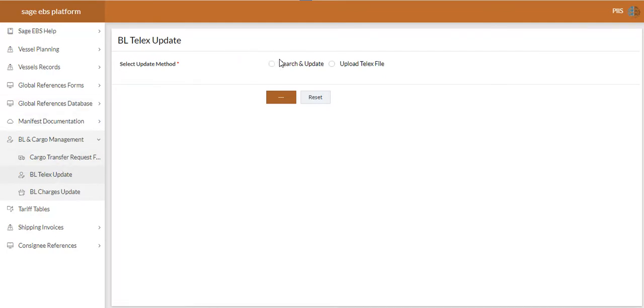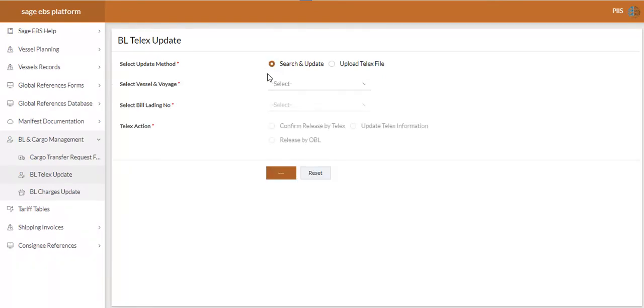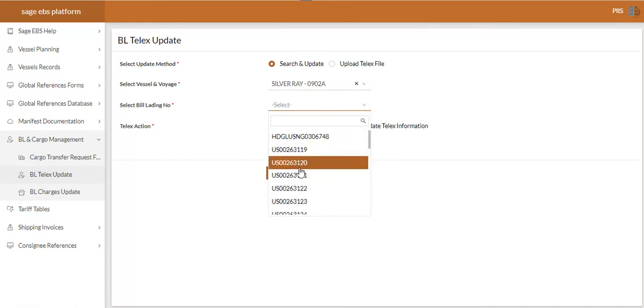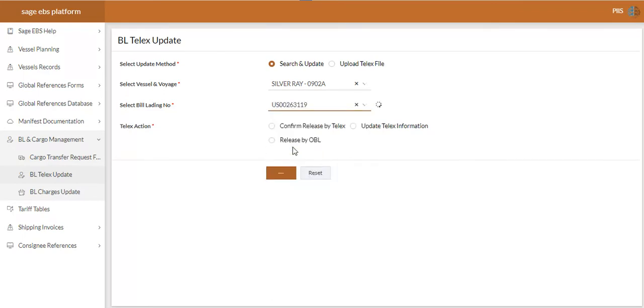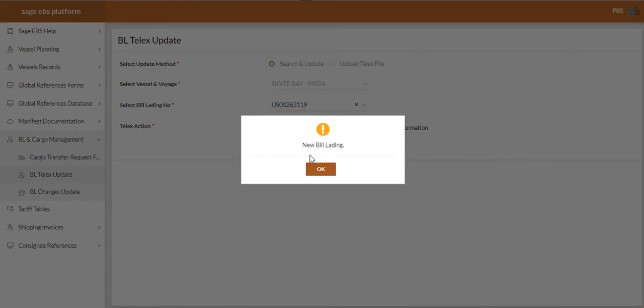From this interface, we are going to click on Search and Update. Proceed to click on the vessel name and voyage number. Then select the BL and the status pops up showing if it was released by Telex or was cancelled, as we have it on our screen.